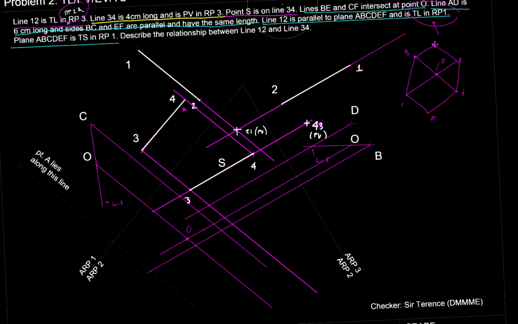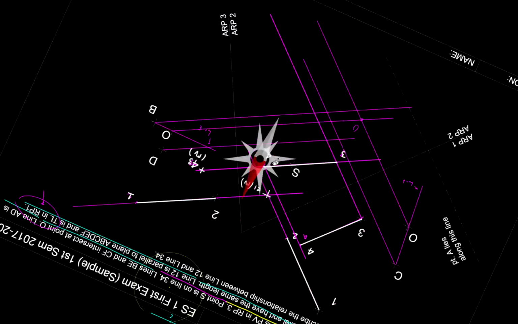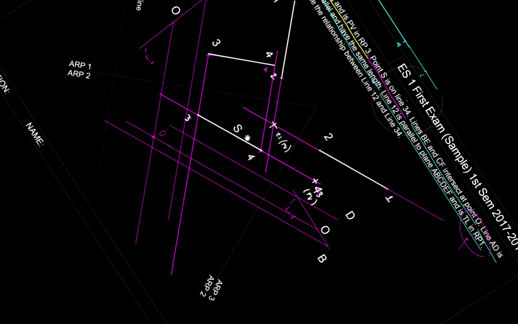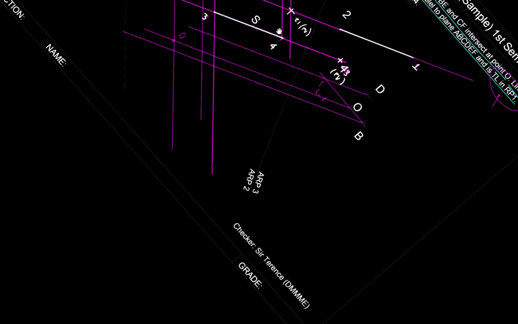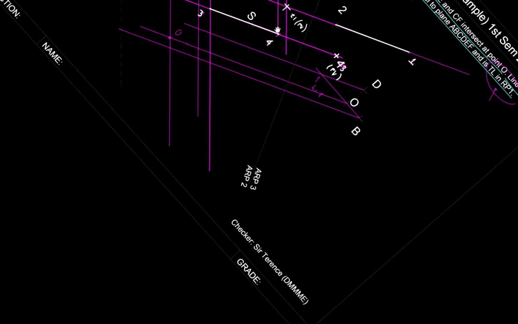And if we view this plane in the edge view, dapat part si point O dun sa edge view na yun. Okay? So if part siya sa edge view, now we know the distance between this folding line here and the edge view. So what we can do is, if we take a line parallel to the edge view, to the folding line,